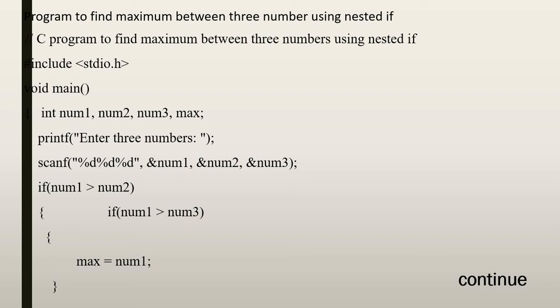So over here we require three variables as well as one more variable which is storing the maximum value. So input, allowing the user to input three variables, and over here within the if condition we have put if number 1 is greater than number 2. Now over here we are using nested if. So that's why within this if one more if is there, either number 1 is greater than number 2 or number 1 is greater than number 3. So the answer will store within the max variable.